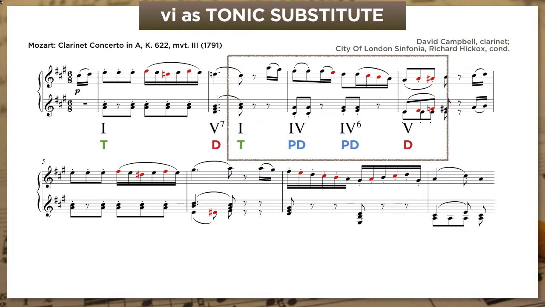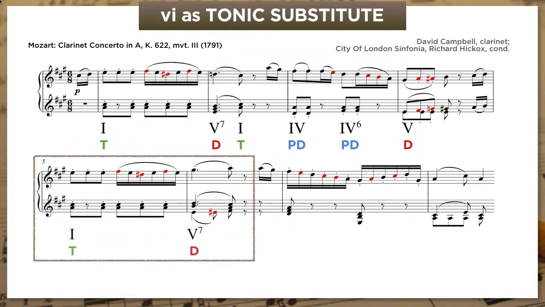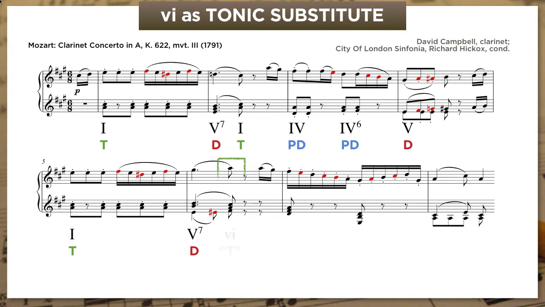The consequent phrase starts the same way, but this time 5/7 goes to 6 as a tonic substitute. But notice that this time the bass doesn't go directly from 5 to 6. It moves through E sharp, a chromatic passing tone, en route to F sharp. This is extremely common, and it also happens to make a third chord between 5 and 6, but we're not going to talk about that now. What we will talk about is how conventional the cadential pattern is, 4, 5, 7, and 1, and then we're going to listen to the whole excerpt.